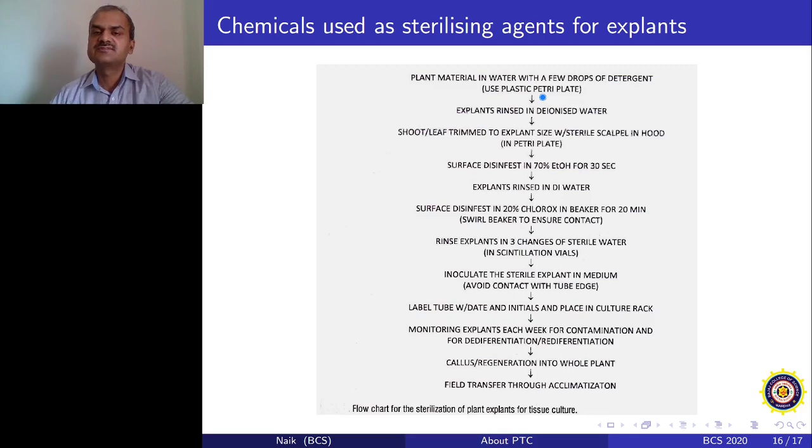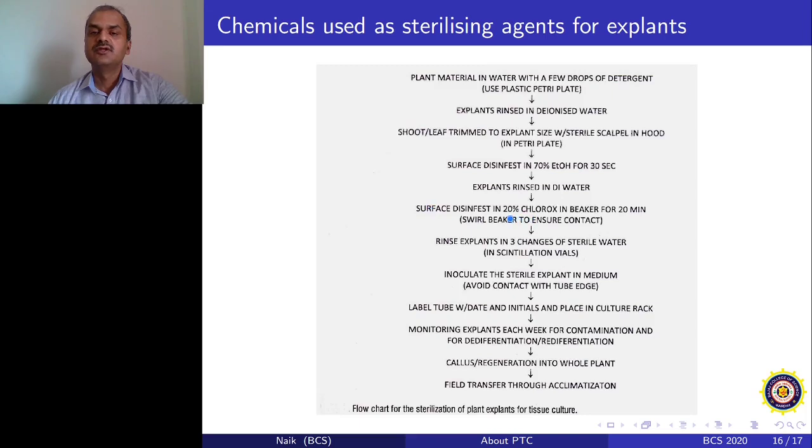Now from here, whatever chemicals you are using, whatever solutions you are using, whatever glassware you are using, all are completely sterile, and therefore you rinse one more time with sterile distilled water. Then, instead of trimming them, you should first treat with the 70% ethanol for 30 seconds. Now this surface sterilizing disinfectant basically removes bacterial spores, if at all there are any. Ethanol works very efficiently with bacterial and fungal spores, and to kill the bacteria, ethanol is very efficient. So after that, again rinse with sterile distilled water.